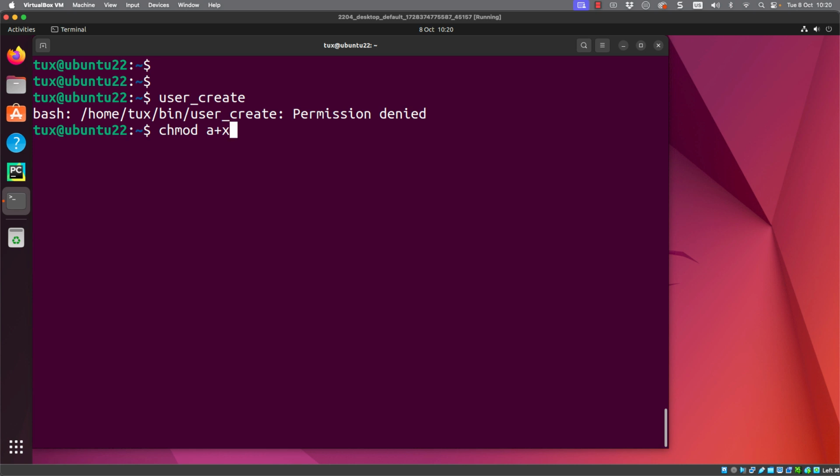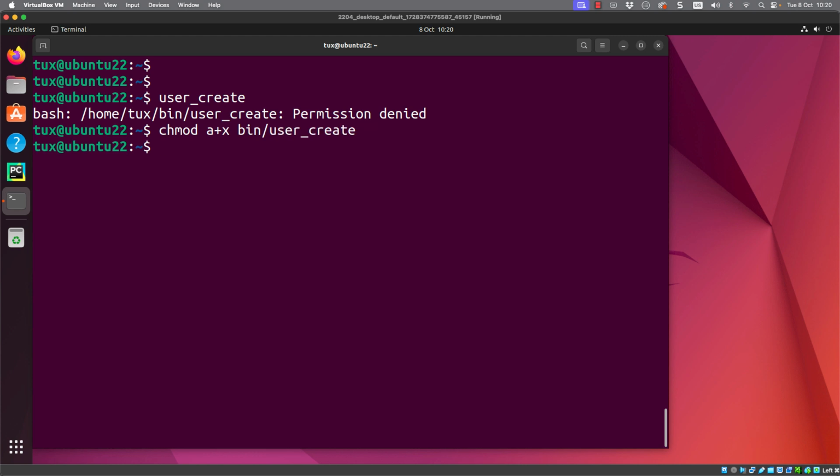That's the user, the group, and others. Ultimately, I want this file to be executable by everyone, so I'm including all 3 blocks, a+x, and then putting through the path to the file name. And of course, that's in my bin directory now. So bin/user_create.